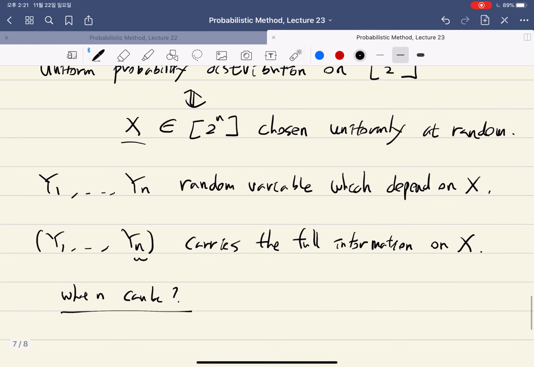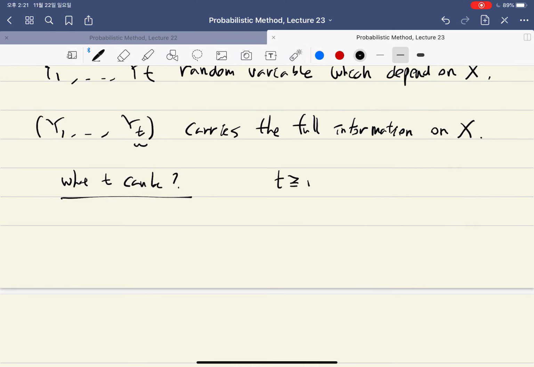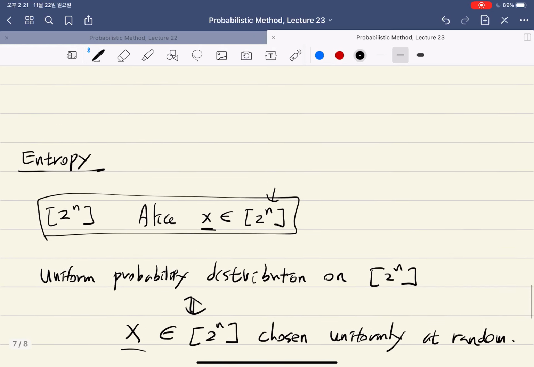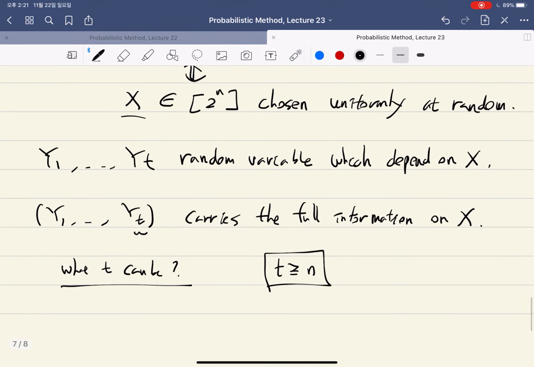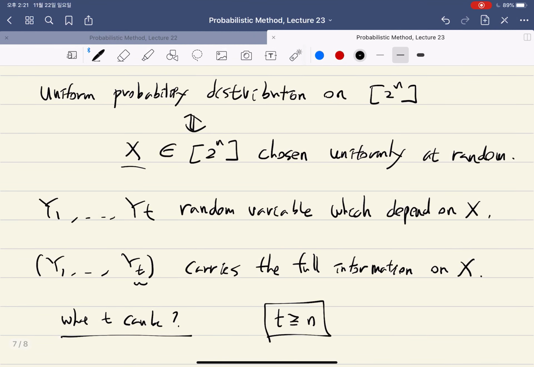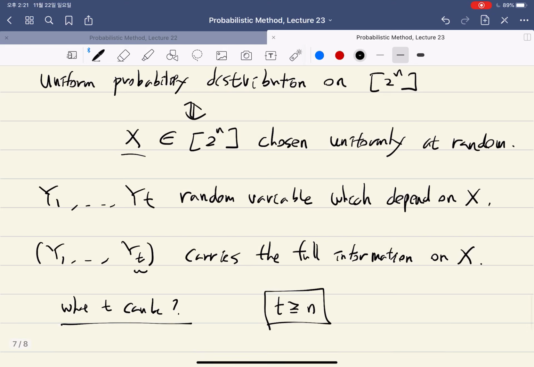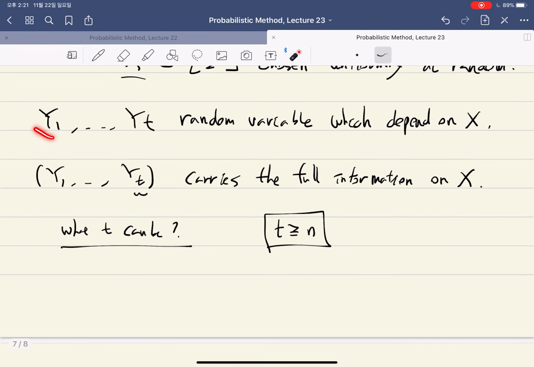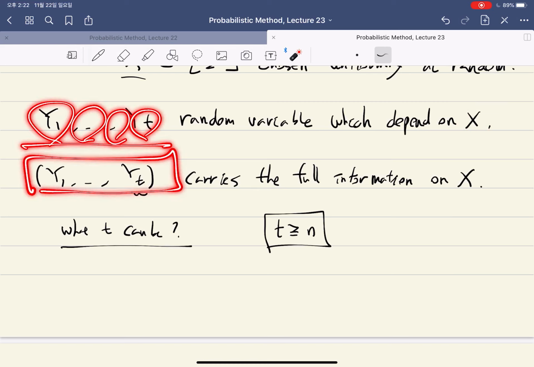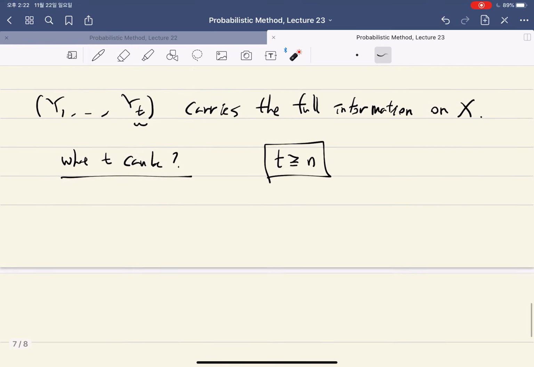So this n and this n are the same, so let's say t. Then discretely we can easily check that you need at least n answers. But we want to measure the information that each of these random variables carries, and this random variable carries. And if we can measure them, then the information that these all together carry must be at least as large as the information this one carries. So that motivates